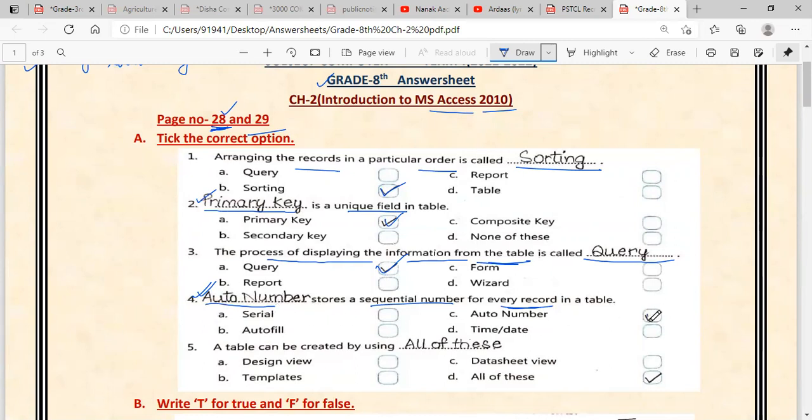Tick auto number. Next is a table can be created by using all of these. Means a table you can create by using design view, templates, or datasheet view as well. So tick all of these. These three methods are used for creating the table.